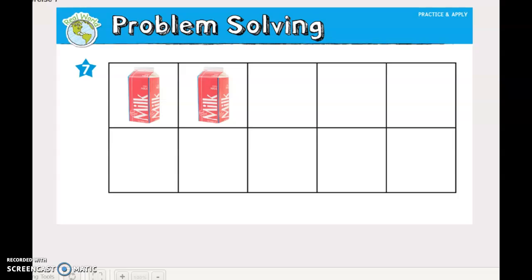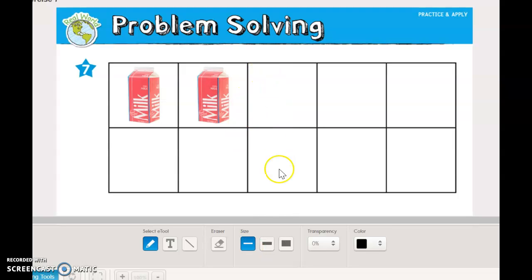Wow, okay, so here we are in problem solving, and all they want you to do is draw more objects to make a group of 10. So you're going to be filling in the empty boxes with milk cartons, and you don't have to make it look perfect. I'll try my very best, but you know, it's hard with my mouse, but I'm going to try. I'm going to try with a medium line here. All right, so we have to make 10. So we have 2 already. So here's 3,